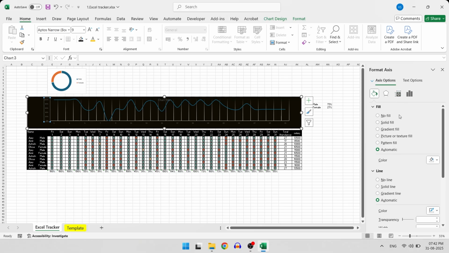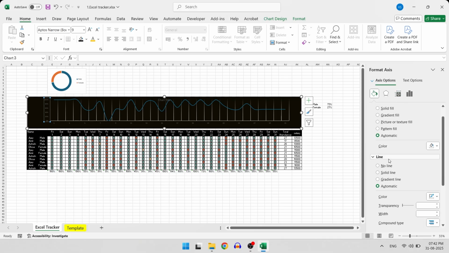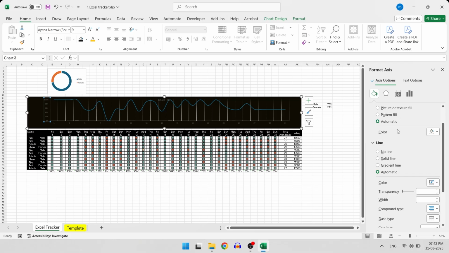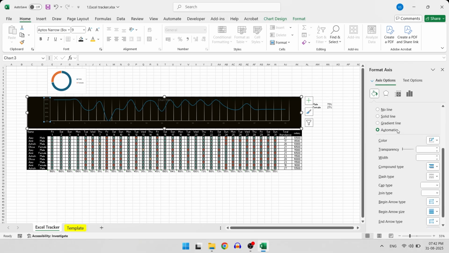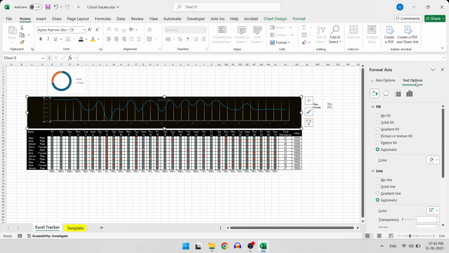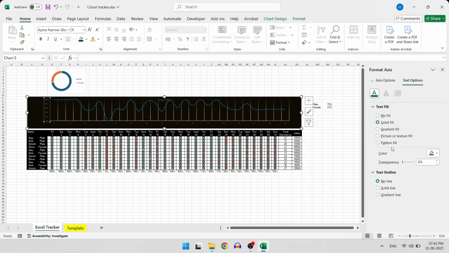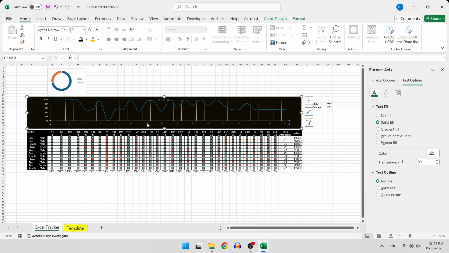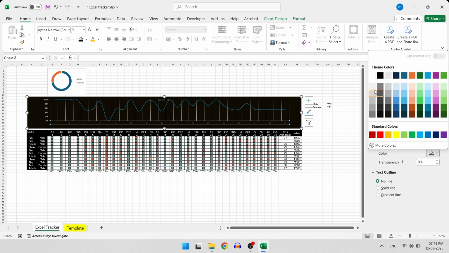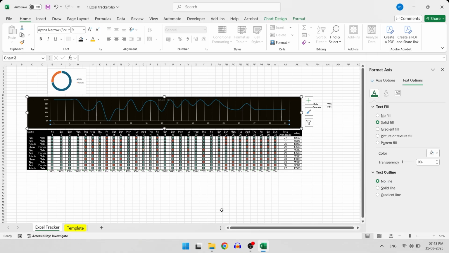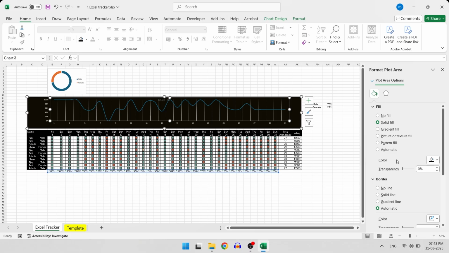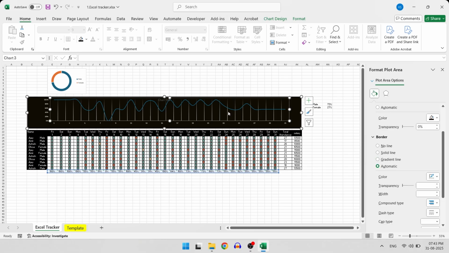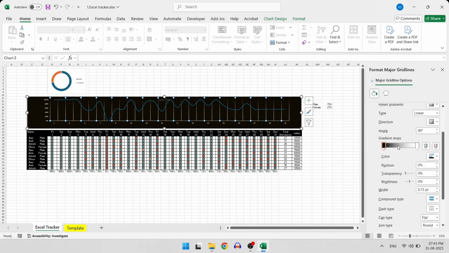As none of the text is visible because the font color is also black, we will select all the text values in the horizontal axis, vertical axis, and anywhere else and set the color to white in the text option in the formatting area. Also, once again, select the grid area and interchange the black and white color.